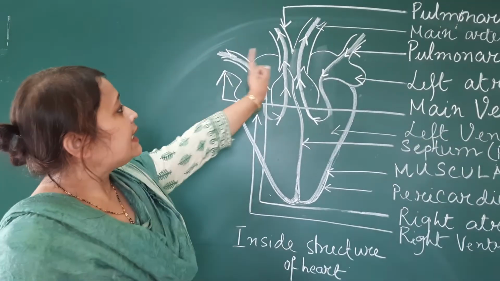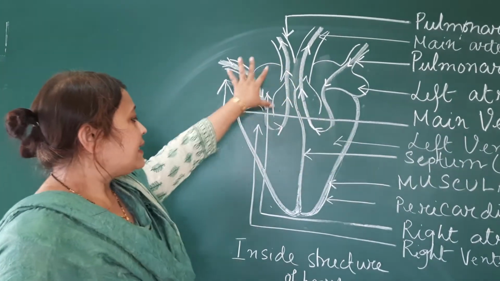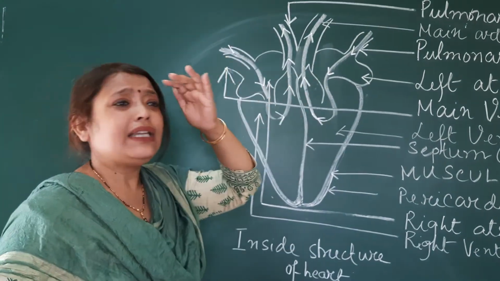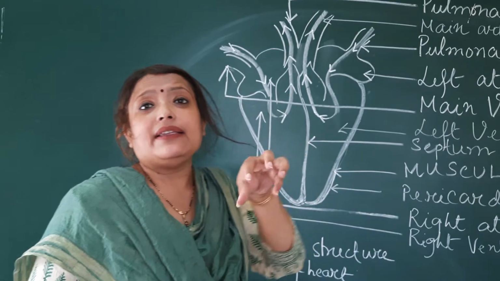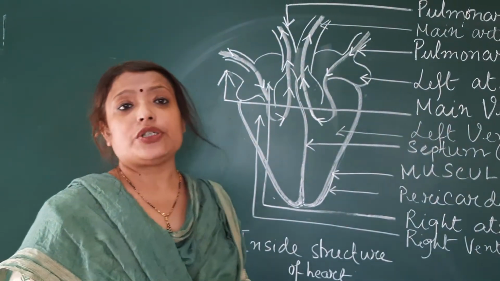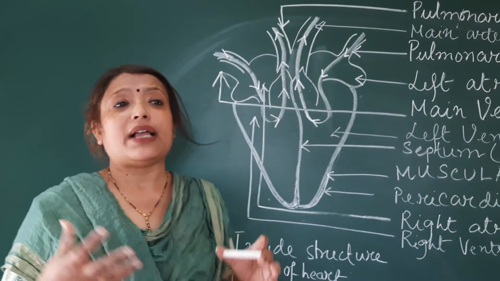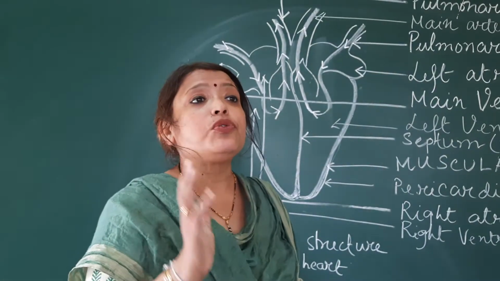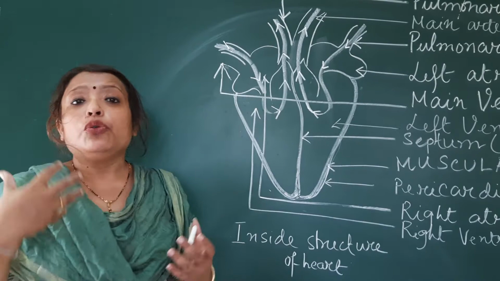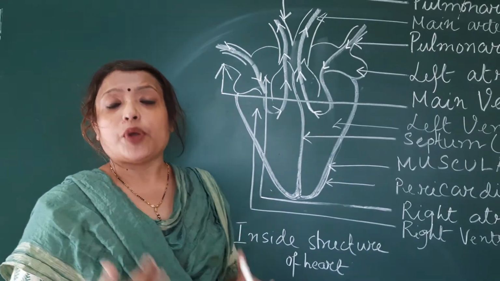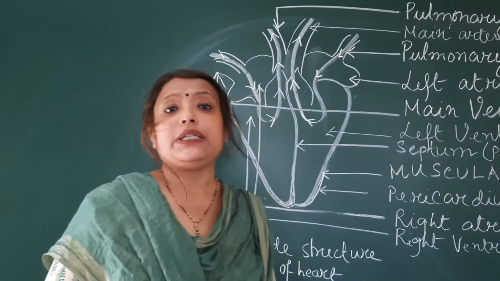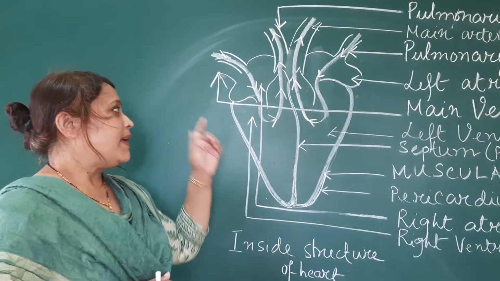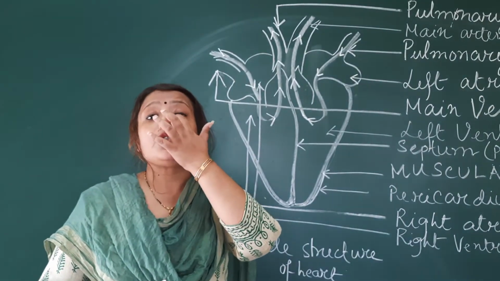Now you can see this diagram, which is the internal structure of the human heart. The heart is the central organ through which the circulatory system or blood circulation passes. Obviously, in order to know the circulatory system in a proper manner, we need to know properly the structure of the heart. The human heart is basically composed of four chambers.